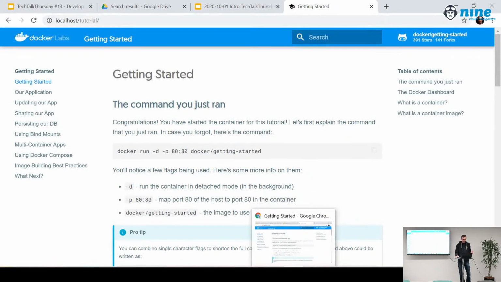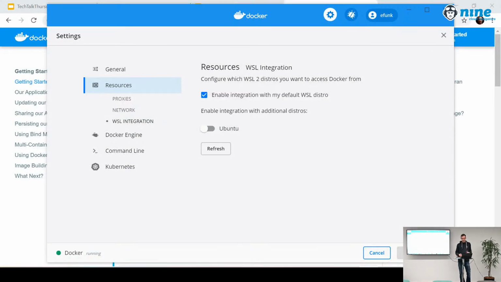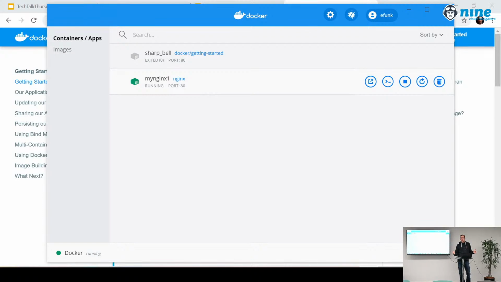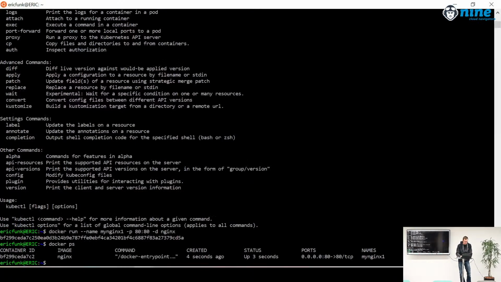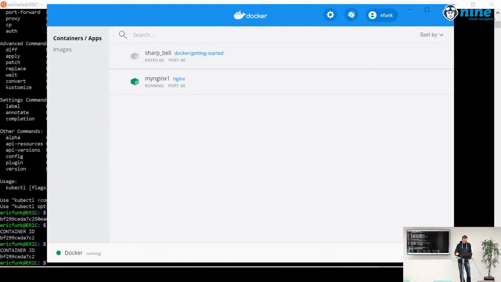Especially if you're a beginner, you might find it useful to see a graphical user interface for your Docker stuff from time to time. It's there, but at the same time, the pro, just as usual, docker ps. So there you go. Again, there's no magic. If I kill that here, it's gone.